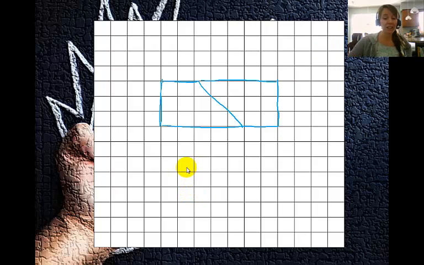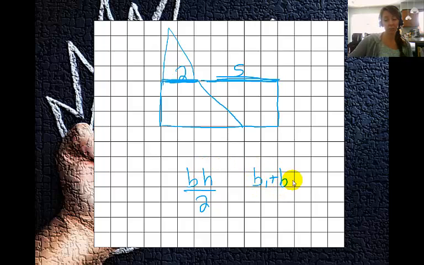So it's going to be base times height chopped in half, except we don't go to a point like we did with our triangles, right? So we have to end up adding these bases, because combined, that's where they make that whole distance across that parallelogram. So I'm going to say 2 plus 5. So what you have to do when you're working with trapezoids is sometimes it looks like this: base 1 plus